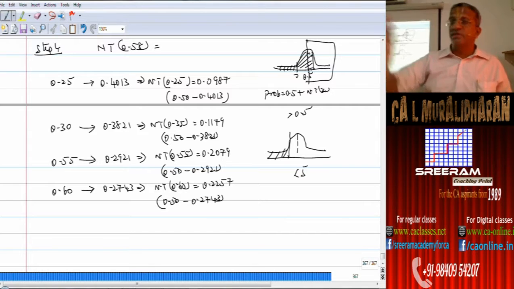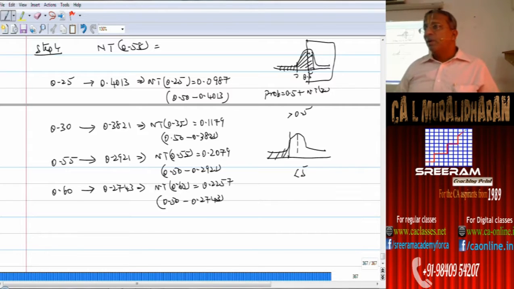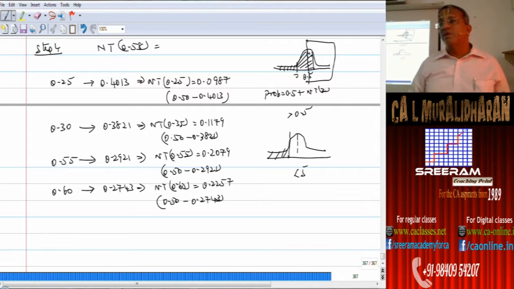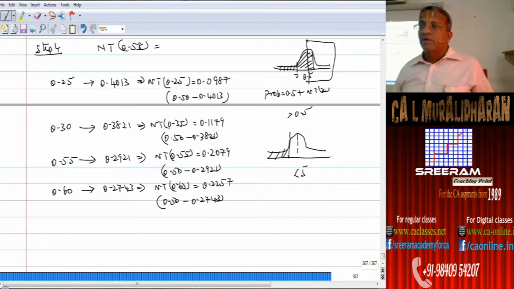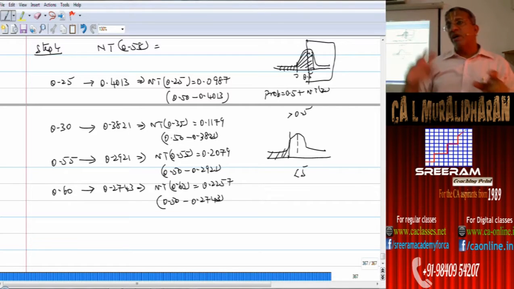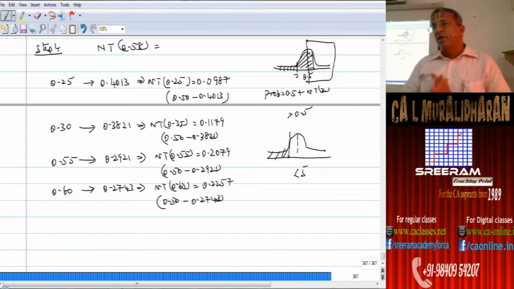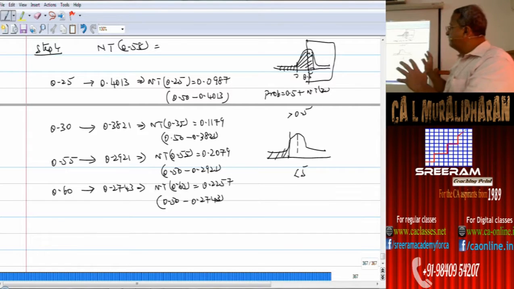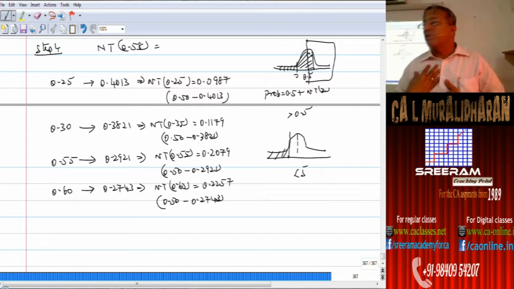He is leaving the judgment to you, and by looking at the data and its quality, you can tell whether it is right or left. So, how do you know? When the numbers are less than 0.5, they are to be understood as left tail. If these numbers are greater than 0.5, you have to consider them as right tail. And the difference between 0.5 and the number, you take as the normal table value and proceed. Now, we have deciphered the information they have given in the problem to our advantage.